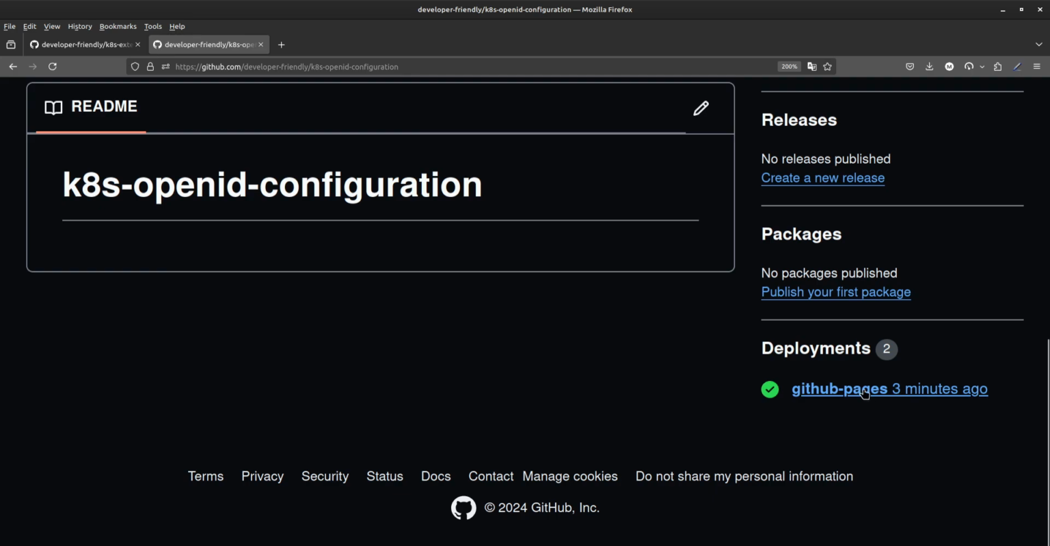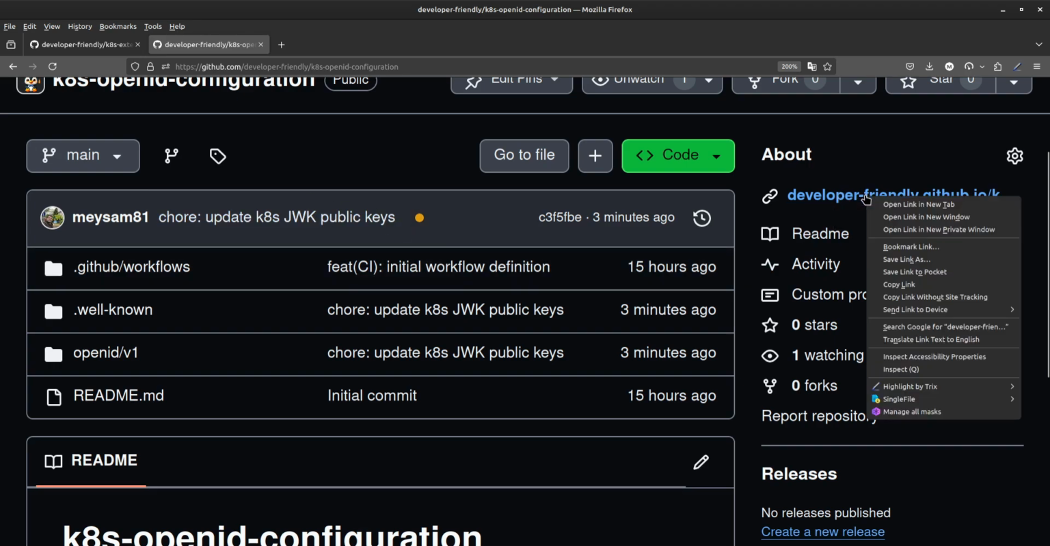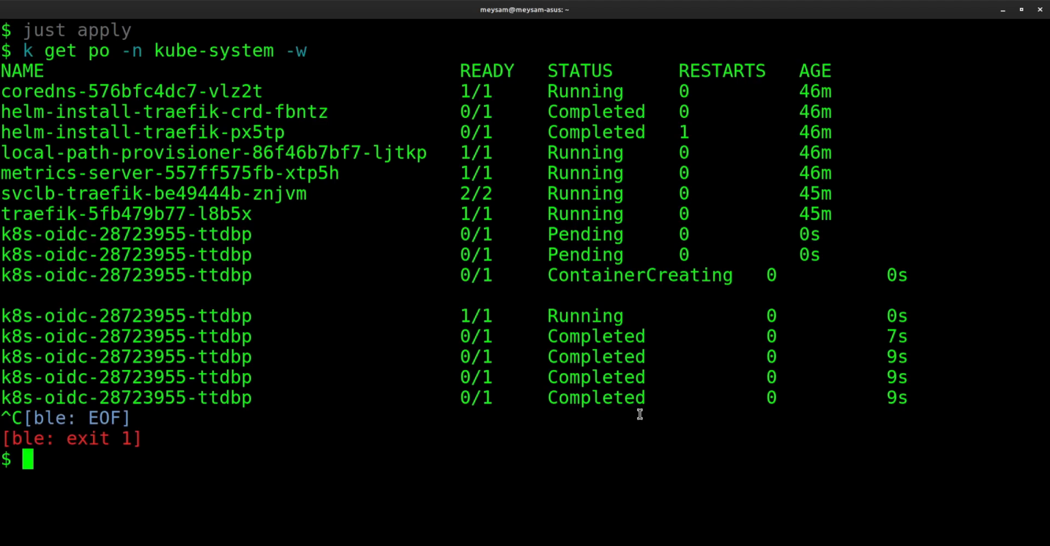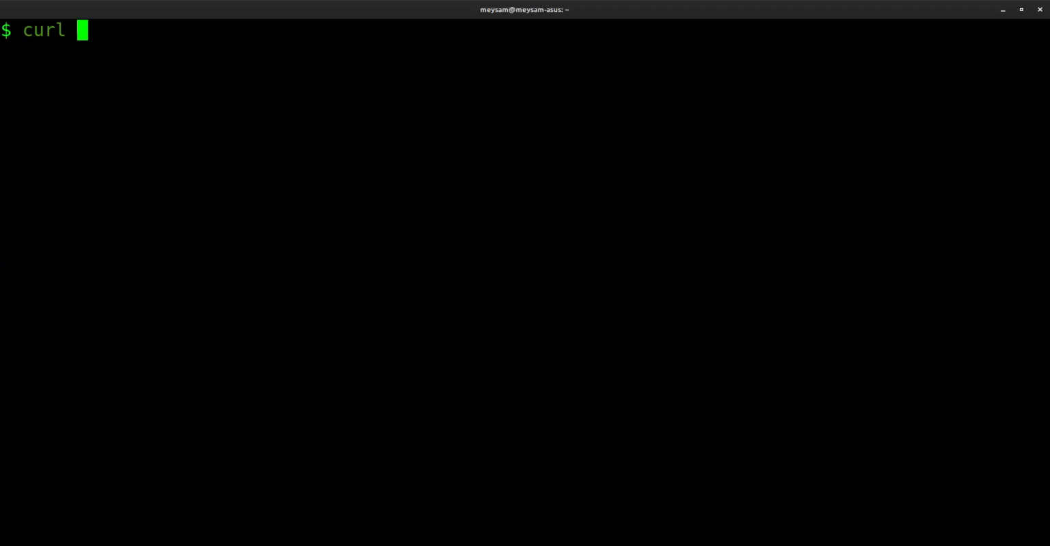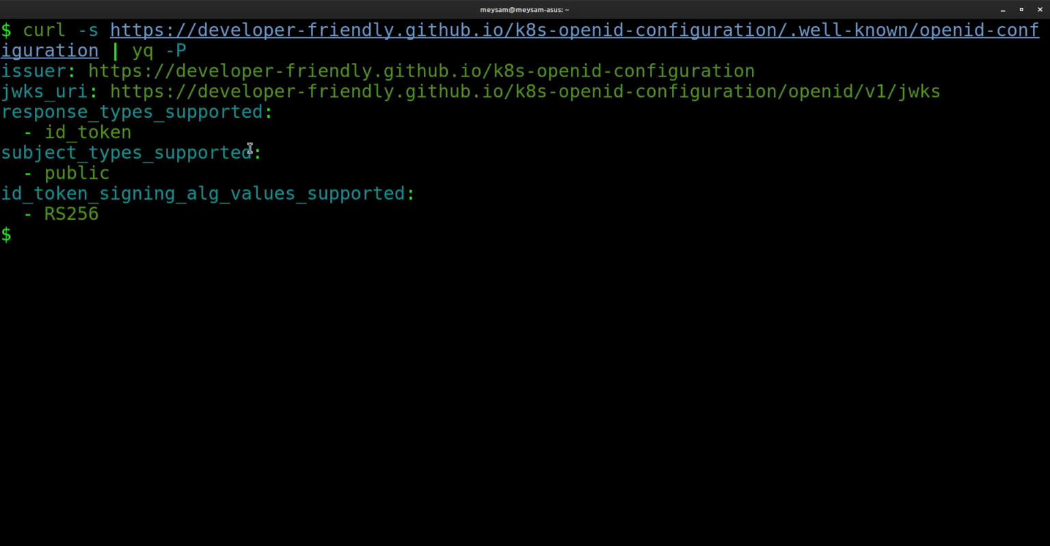As you can see, I have had the deployment a while ago. This is only a single branch, but I'm still able to access this. So if I copy this URL back into your terminal, if I say curl -s and the same value that I just copied, .well-known/openid-configuration, and I'm gonna pipe it to yq and print it as pretty,